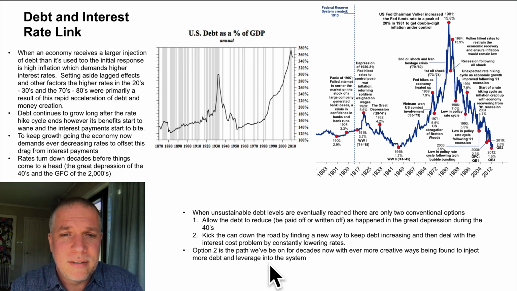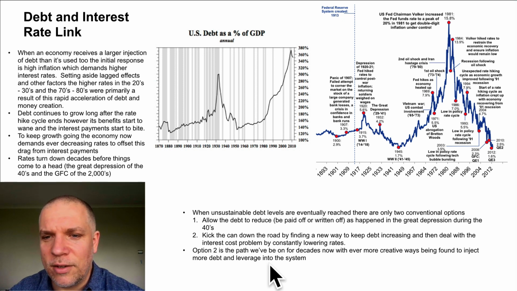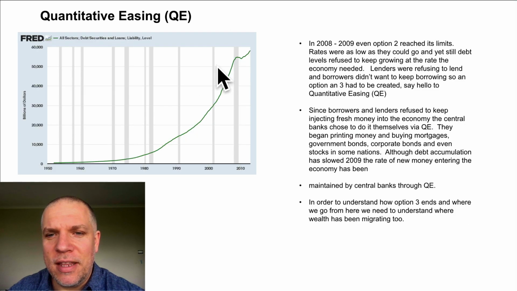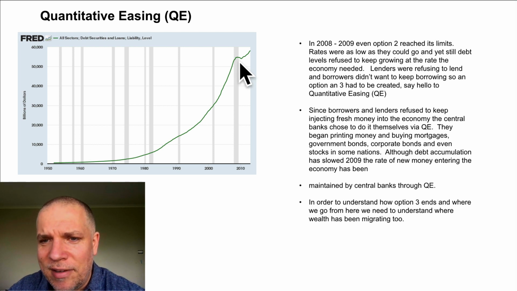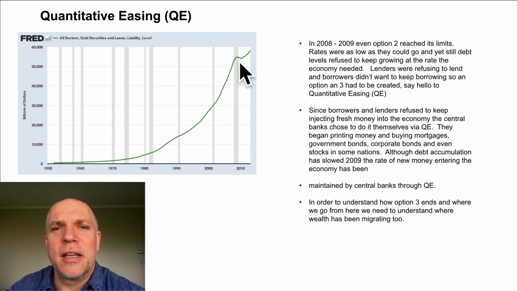You can see this chart here. And here, this 2008-2009 period was really, really key. Option 2 had reached its limits. The interest rates couldn't go any lower. Lenders didn't want to lend anymore. They were getting more and more risk averse. Borrowers already had too much debt. They didn't want to borrow. There weren't enough good investment opportunities for them to keep investing in. And debt slowed down. It didn't actually even decrease. We didn't even get many write-downs or defaults. It just plateaued. And yet that caused a major financial crisis. The world almost came completely unraveled and came to an end just during this period here.